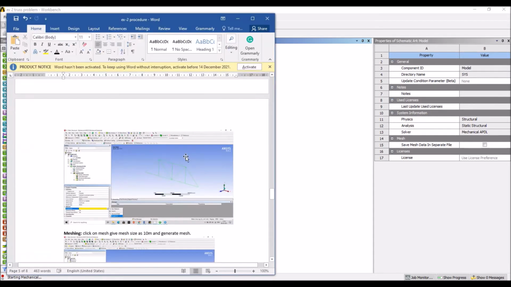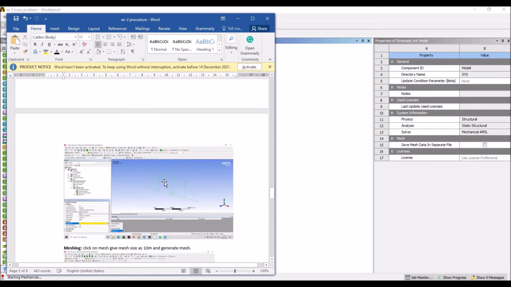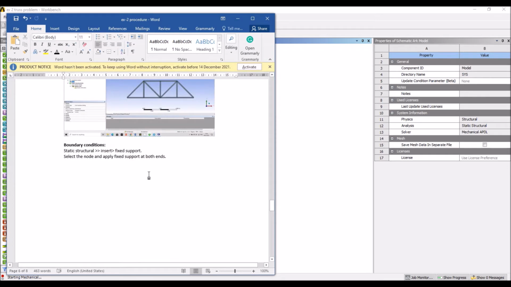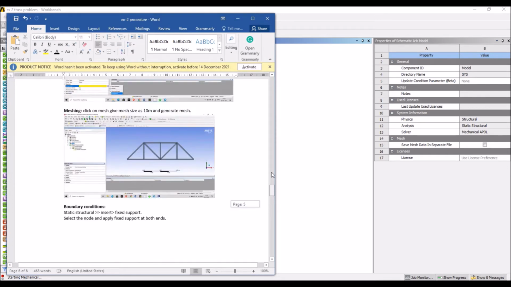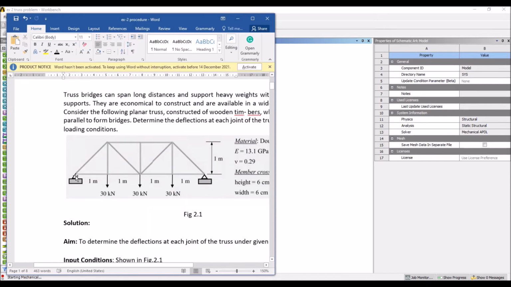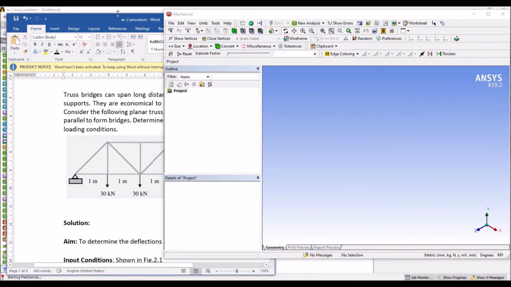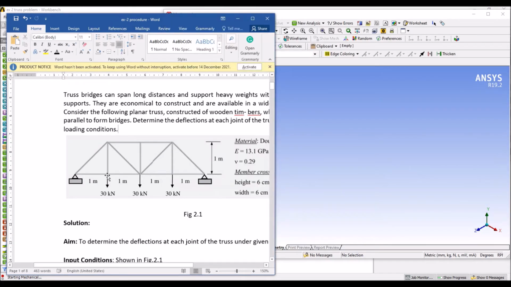Coming to boundary conditions for this figure, the boundary conditions are fixed support, as per the figure shown in the starting. Here at two nodes, that is the first node and the last node, it is having a fixed support,